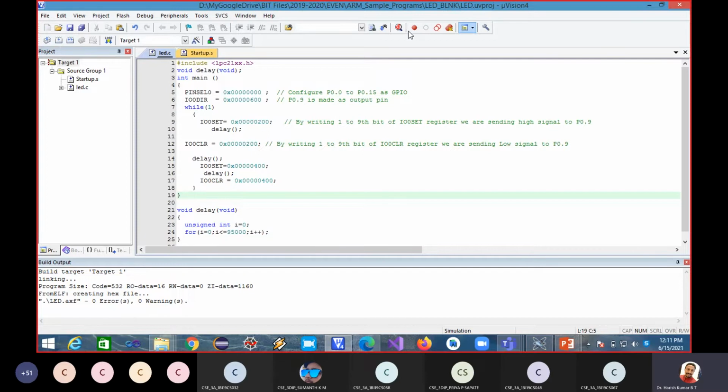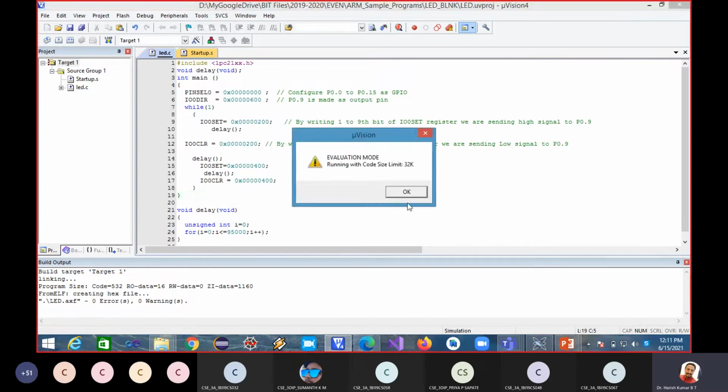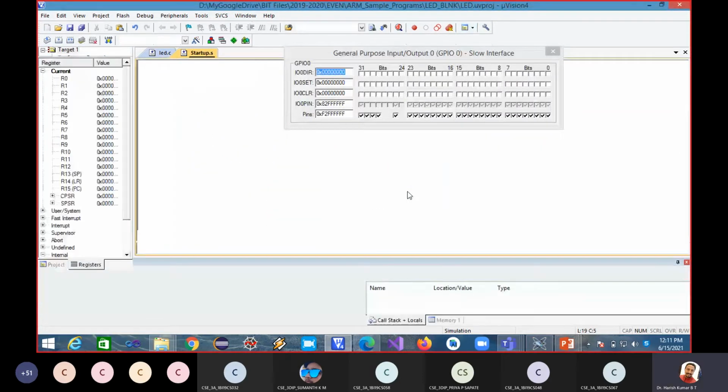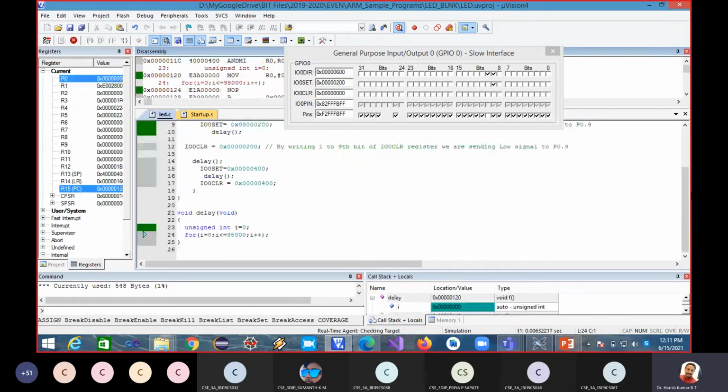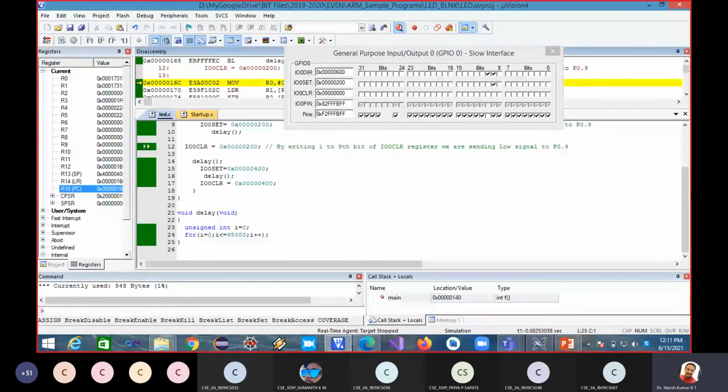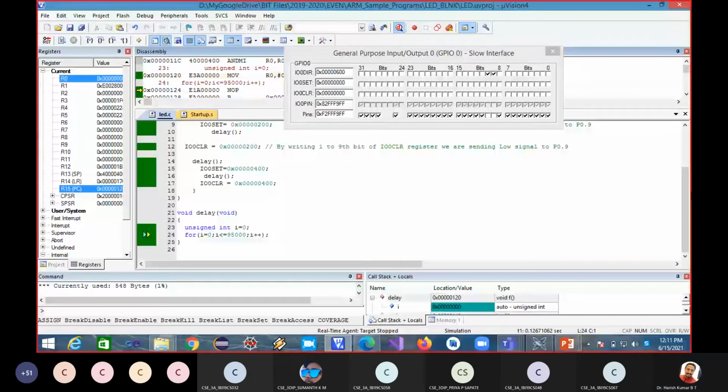Now we'll execute here once and see. Okay, so I'll just go for doing it fast. See? When the other one is blinking, one is off. So one at a time they are blinking.